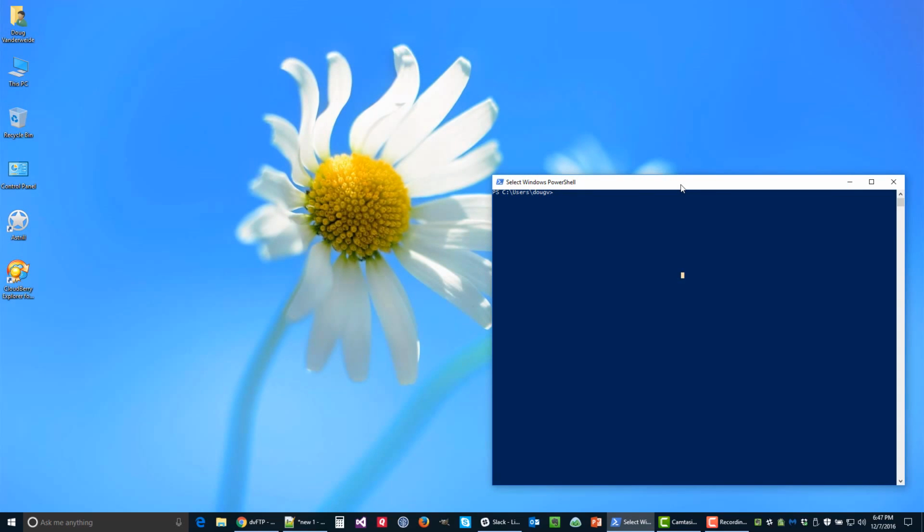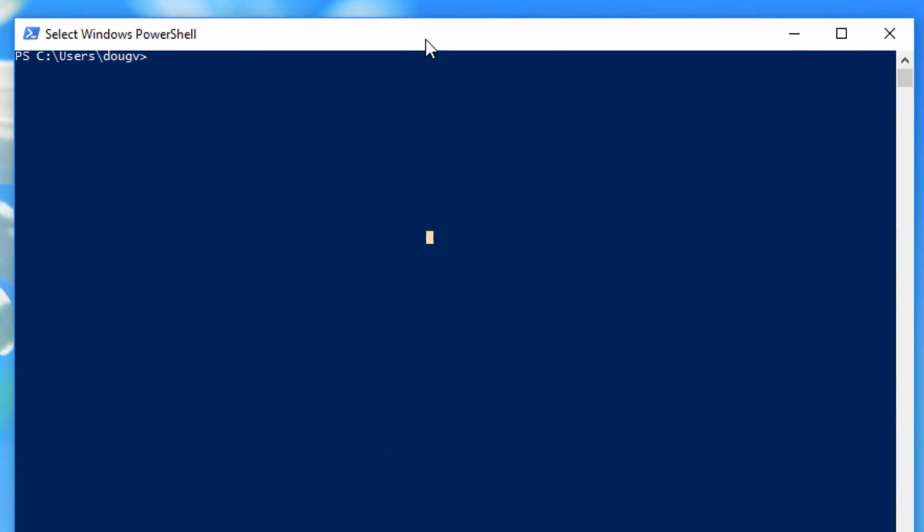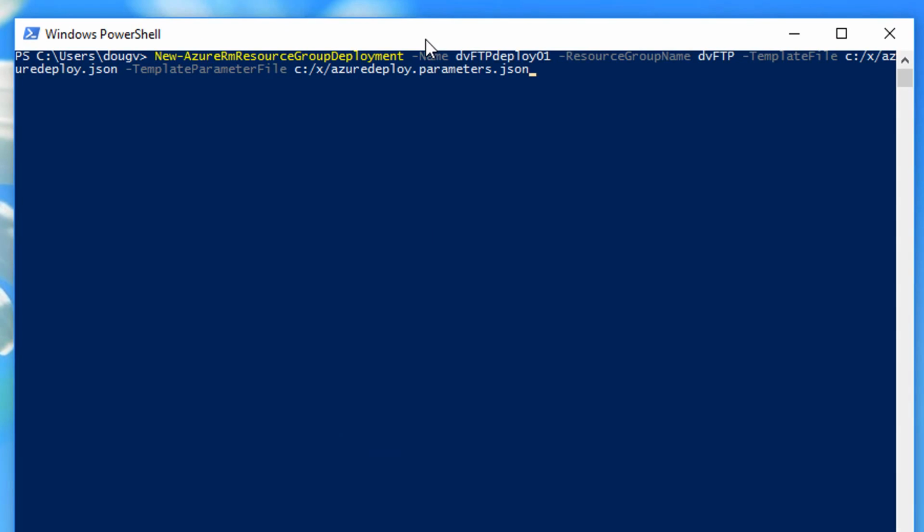Okay, we're going to go ahead and execute our template now, finally, right? We're actually going to do it. To do that, I'm going to go ahead and use the New-AzureRmResourceGroupDeployment commandlet. Again, let me get the cursor out of the way so you can see what I'm doing. I have to give this a name, and this name needs to be unique. And you should use some sort of convention that basically allows you to keep track of your deployments, because a